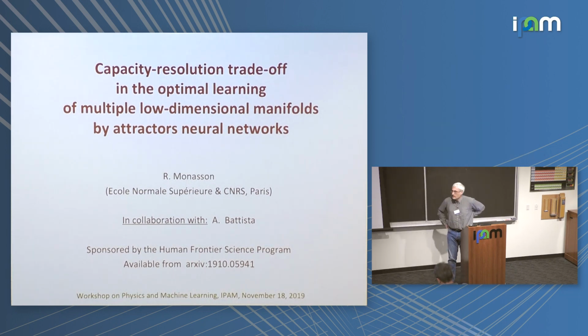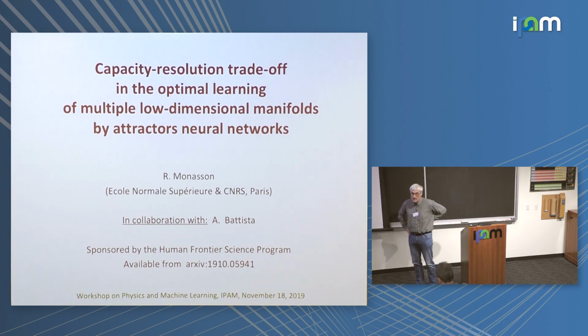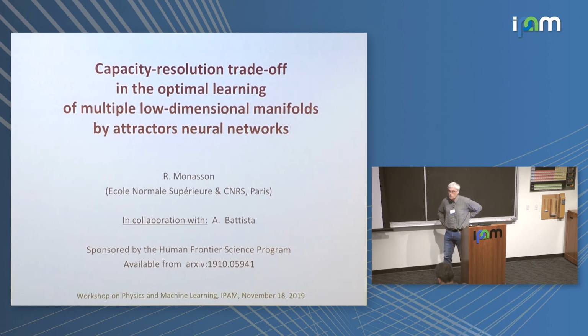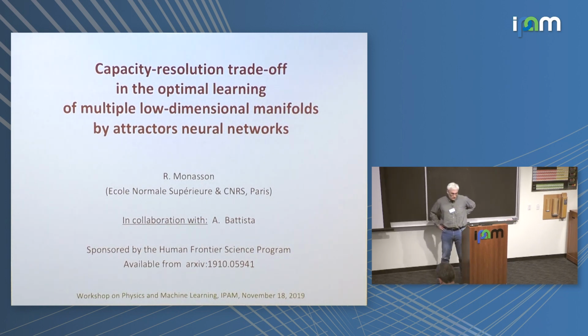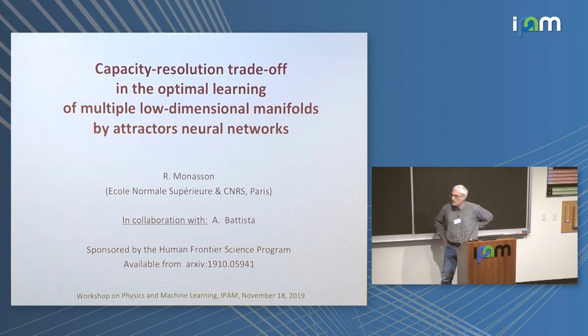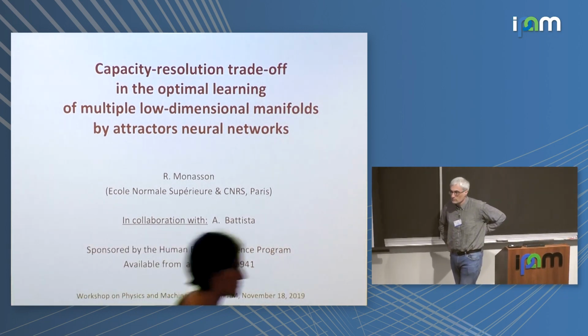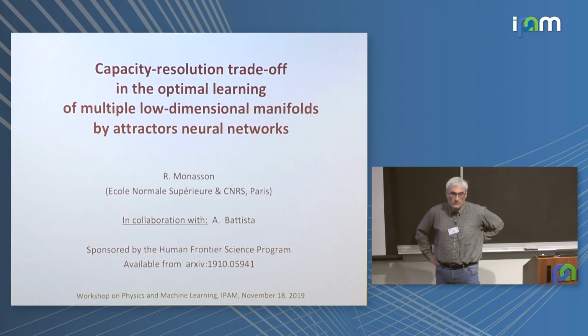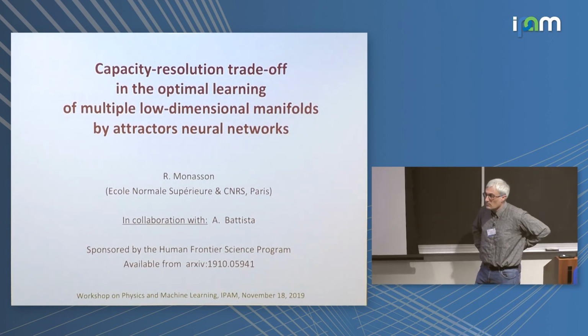Okay, so what I'd like to talk about is actually some application of statistical physics to understand how multiple low-dimensional manifolds can be embedded into a simple recurrent neural network. And a lot of the motivations are coming from neuroscience, computational neuroscience. I will show a little bit of this motivation and maybe a couple of experiments to justify what I'm